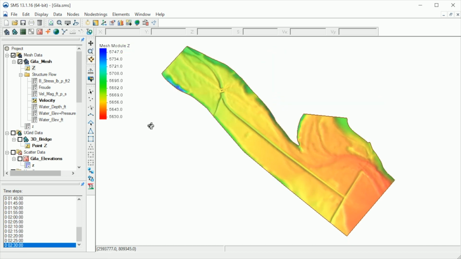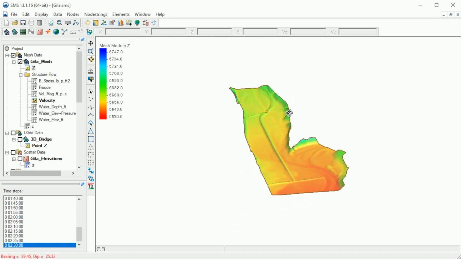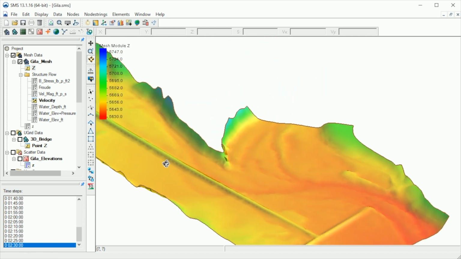It is also helpful to use the Rotate tool to review the mesh elevations. Note that the mesh elevations capture the channel and other critical features.